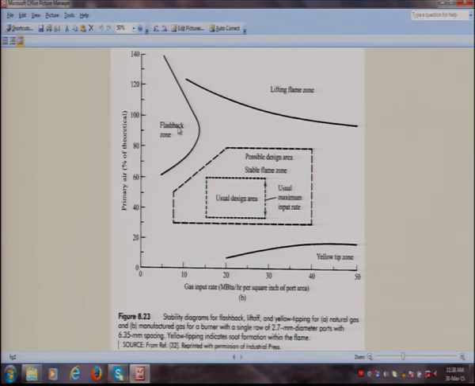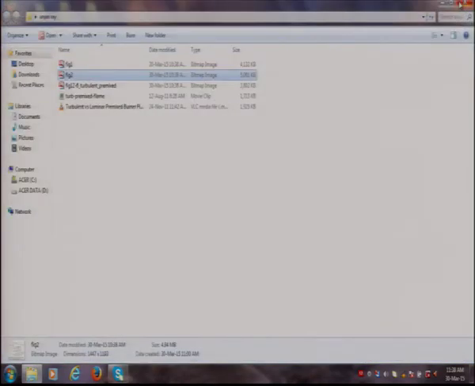And finally, in terms of these plots, we have got something which is used in industry: stability diagrams for some burners. Now we will close the discussion on laminar premixed flames and go to the discussion of turbulent premixed flames. Now before we actually discuss turbulent premixed flames,